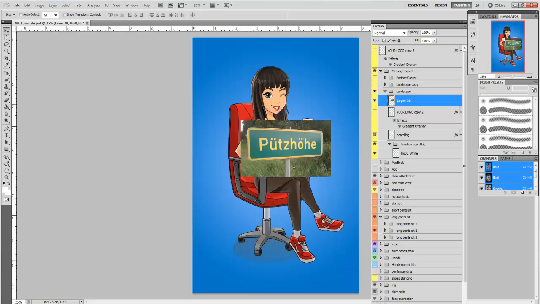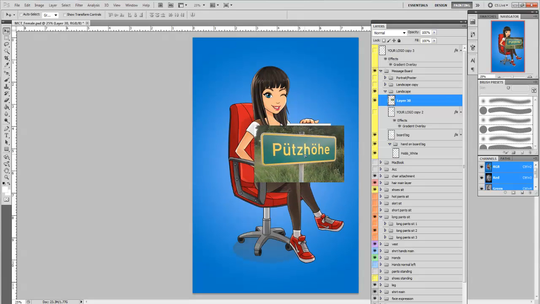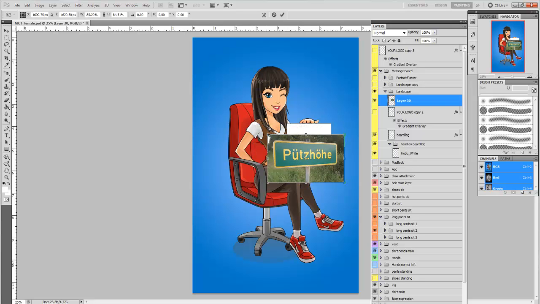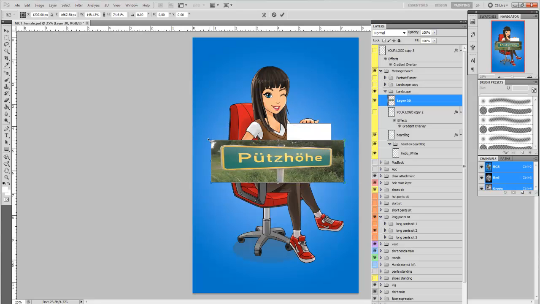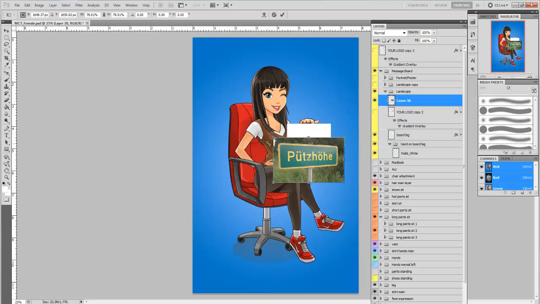Well, we got a problem here. It's a little bit bigger than this whiteboard. So what do we do? We want to hit Control T to transform the layer. That'll give us our options to make it bigger or smaller. A couple little tricks with transform. If you need to keep something square, you hold Shift and it'll keep it square. If you need to manipulate the corners, you can hold Control and it'll kind of let us tilt the image,